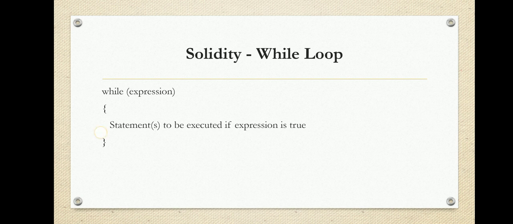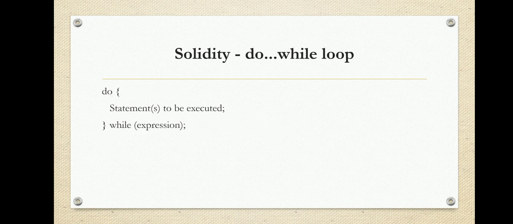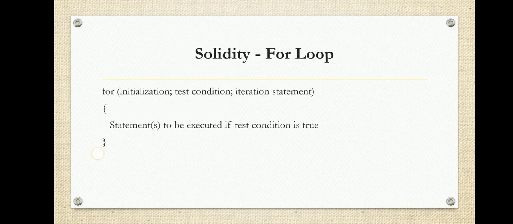Next, you can see the Solidity do while loop. How to use the do while loop? Here we have the keyword do. We have to execute the body of the statement at least once. So do, then execute this statement at least once, then you check the condition. The while is placed at the end, evaluating the expression. Execute the statement once and evaluate the expression at last, that is the do while loop.